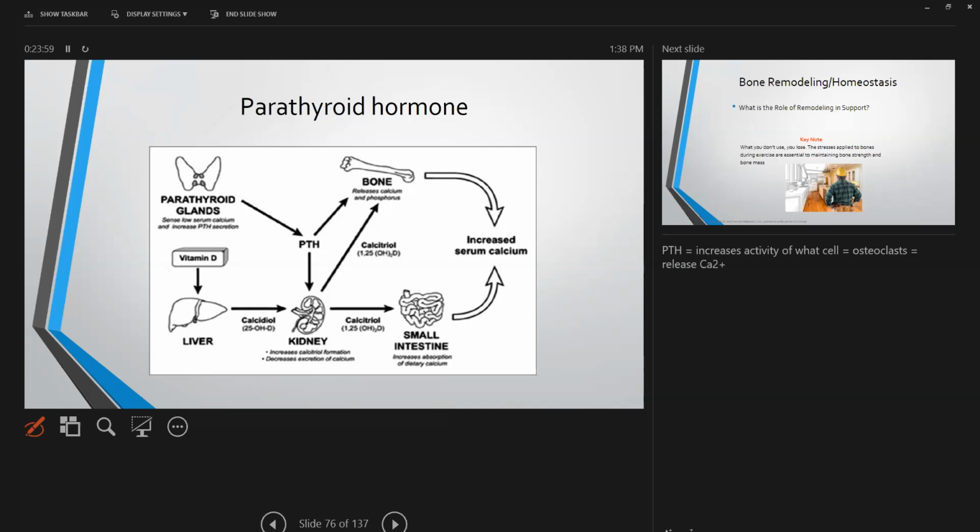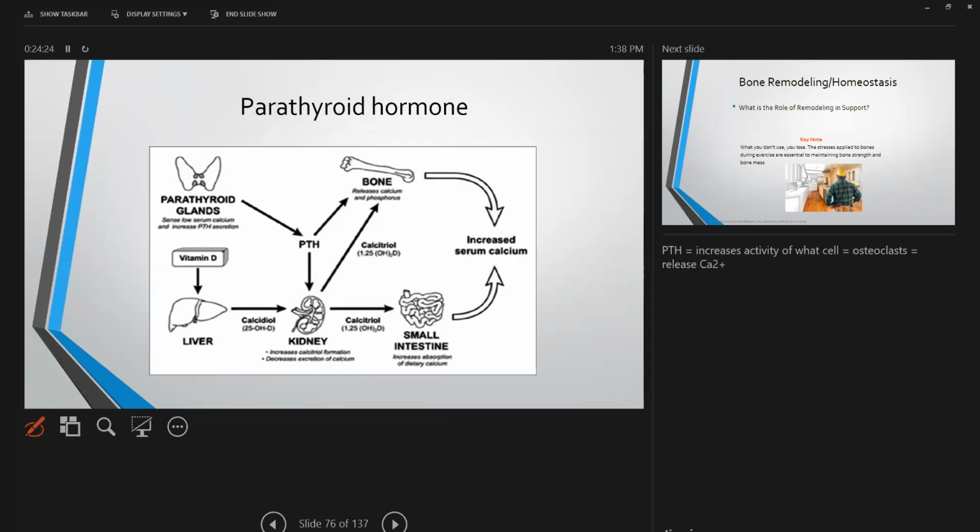So as the calcium concentration decreases in the blood, that is monitored by the parathyroid, at which the parathyroid gland will secrete parathyroid hormone,